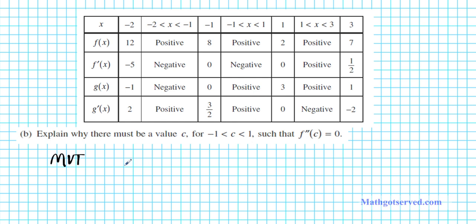So the mean value theorem basically tells us that if f prime is continuous on [a, b] and differentiable on the open interval (a, b), then there exists